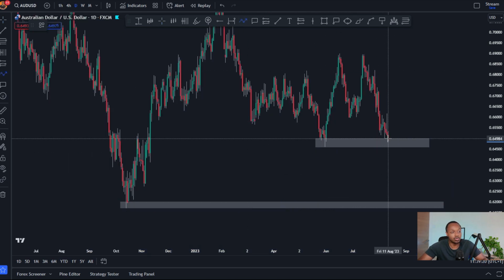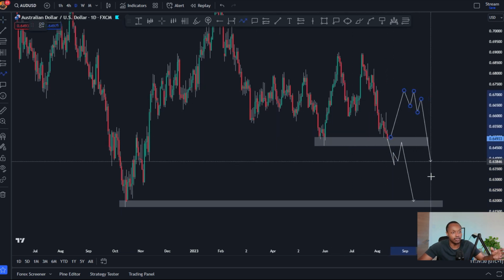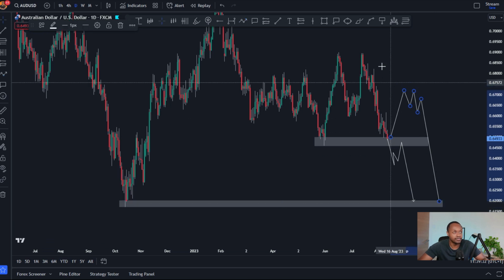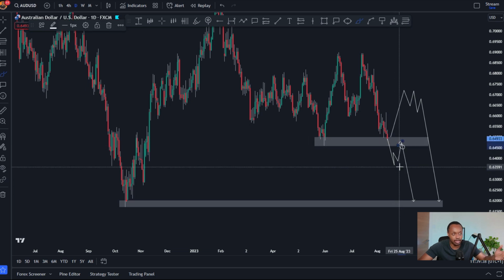Either next week we just break through, the market's just very, very bearish. We look for some pullbacks, some retest, and then we look for continuations lower, or we react bullish from this area, see another lower high present itself, and then potentially attack lower. So I'll be waiting for either one of these opportunities to happen. Either the market breaks through, pulls back, retests some structure, then we get short, or we see a move to the upside. Eventually the market starts to topple over, gives us some lower highs to trade, and then short it